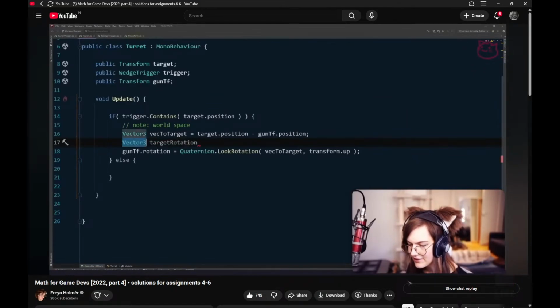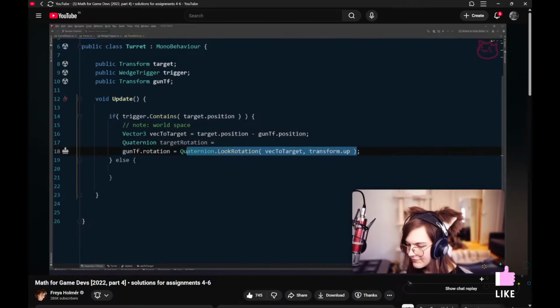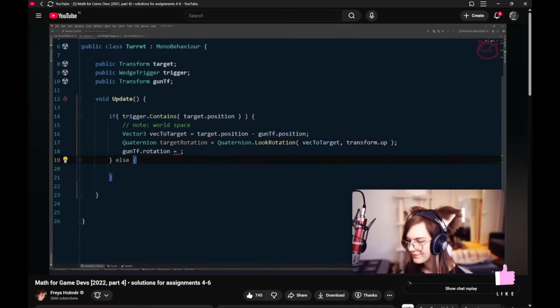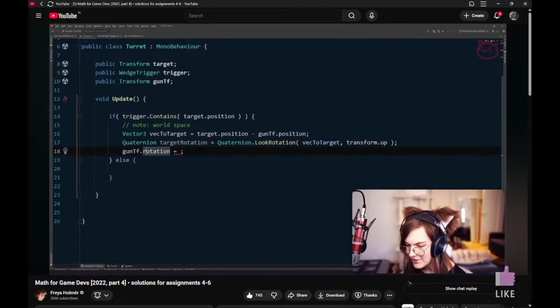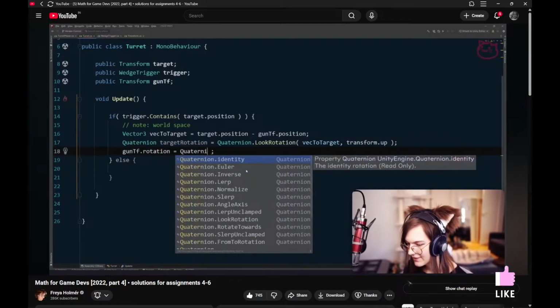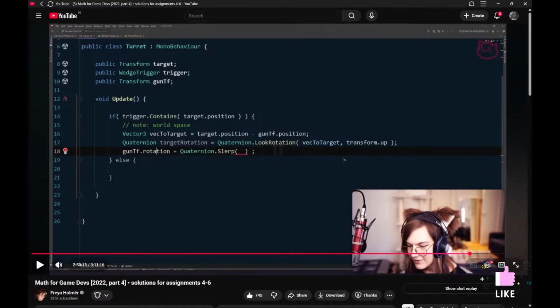All right, so target rotation. Again, rotations are usually stored in a data type called a quaternion. We're going to talk about that more later. So this is our target rotation. And so what we want to do is then blend between the current rotation and the target rotation. So we're going to use Quaternion.Slerp, and we want to